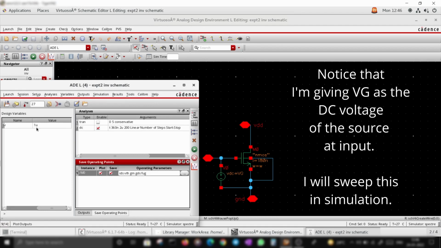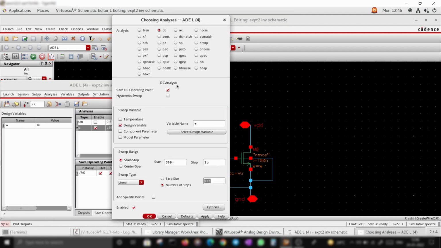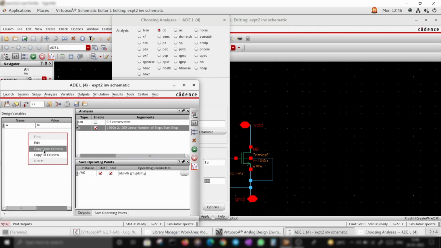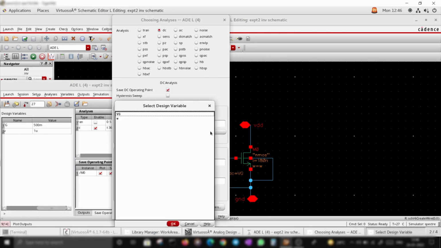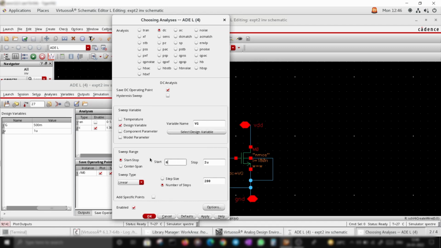Right, I have fixed width to be 1 mu here, and in this I have to select first. I have to copy this, copy from design, VG. Let's give some nominal value 0.5 for now, and here we will vary VG from 0 to 1.8, all the way from ground to VDD, and let's do it in some 200 steps. Fine, apply.